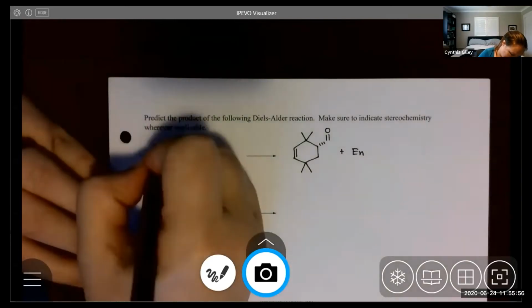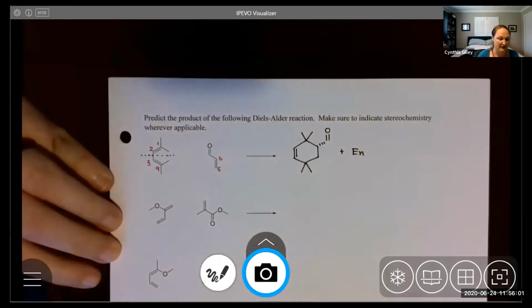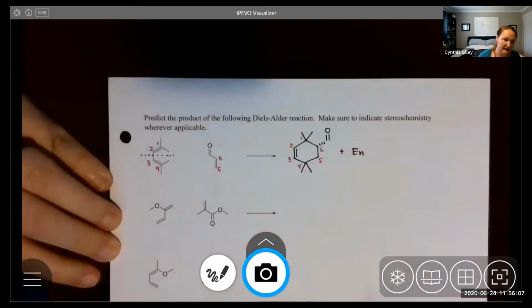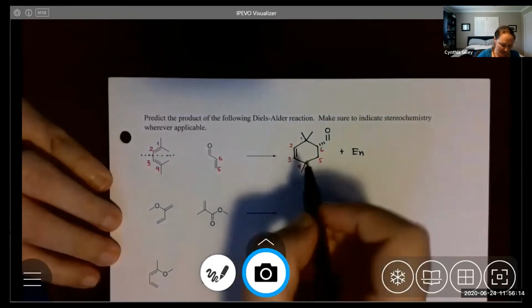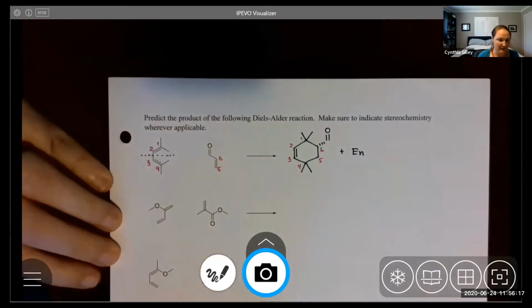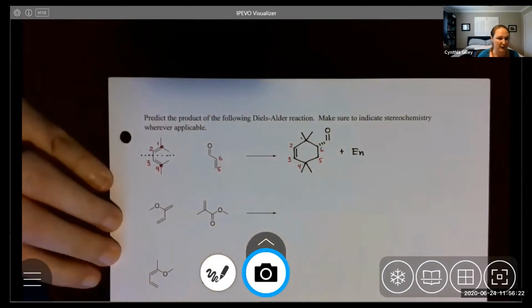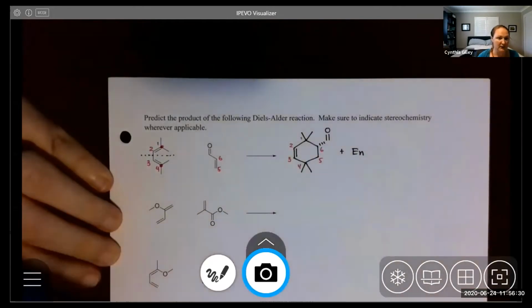And then if I think about how I'm going to combine these in the cyclohexene ring, I would number them something like that. And the only pi bond that's left ends up between 2. So at carbon 1 and 4, there are 2 methyl groups attached to each of them. So I make sure that my 2 methyl groups are drawn in at carbon 1. So anytime you have a non-hydrogen group,